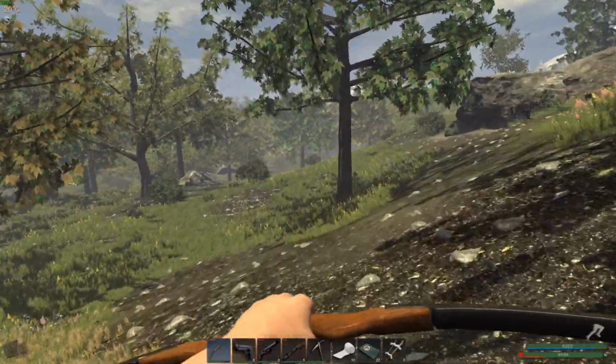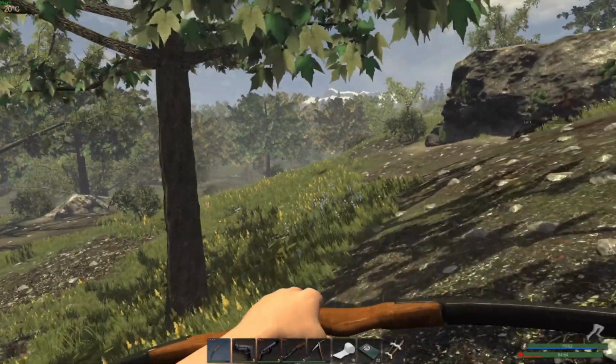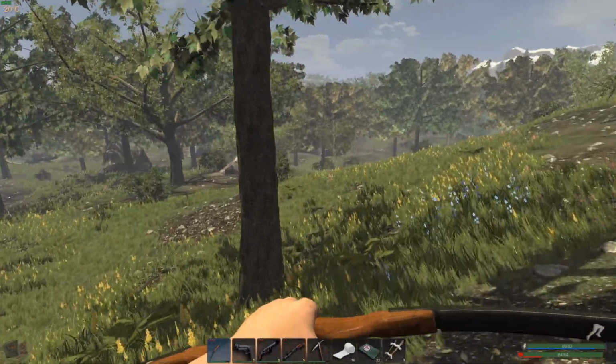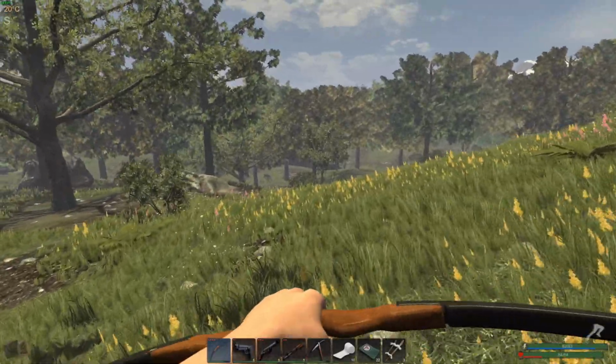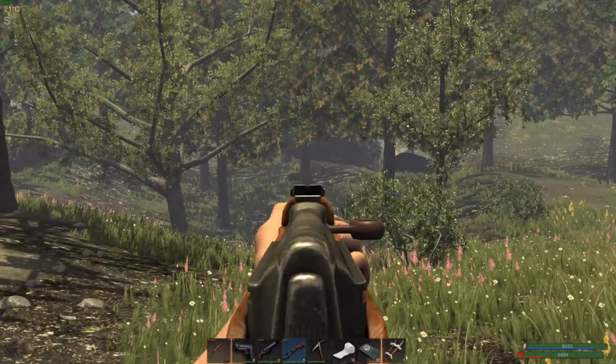I tried to pick it up, but I'm like, wait a second. I'm going to kill you so that you might spawn something that I want. Be careful. I'm willy-nilly just wasting all my arrows, and that hurts. Let's use...